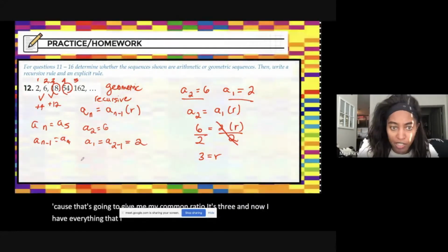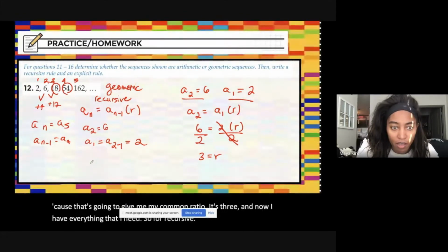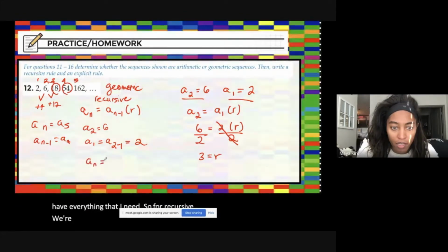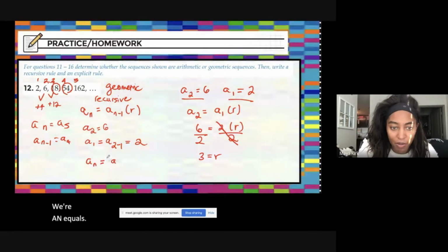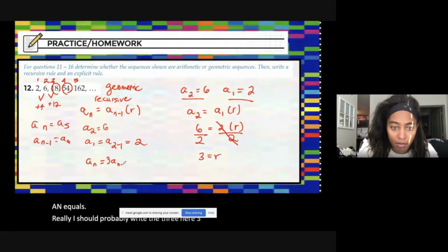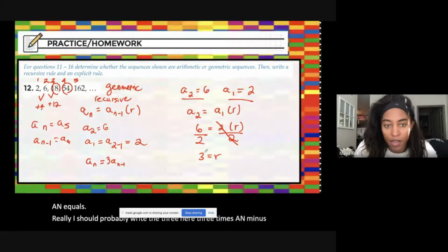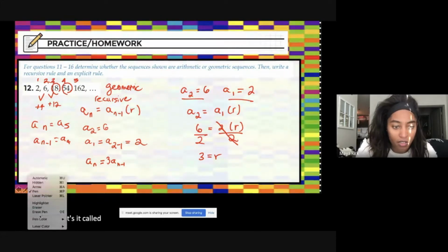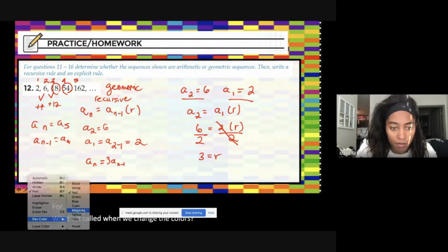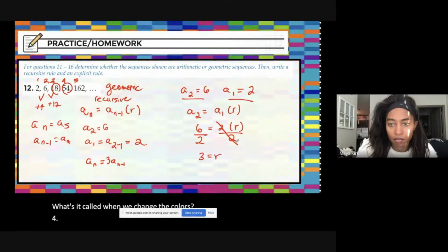So for recursive, AN equals, well, really, I should probably write the 3 here. 3 times AN minus 1. Now for, what's it called? Let me change the colors. For explicit,